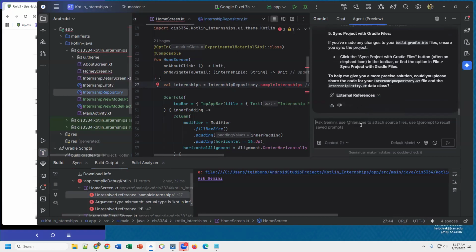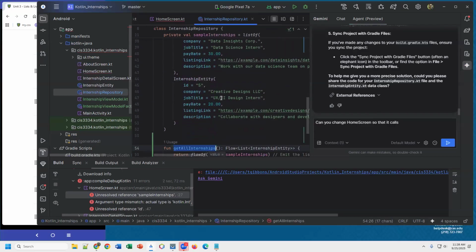So it's basically making it public. I don't want this. Can you change home screen so that it calls get all internships instead of trying to access the private